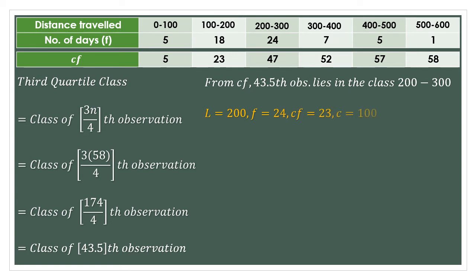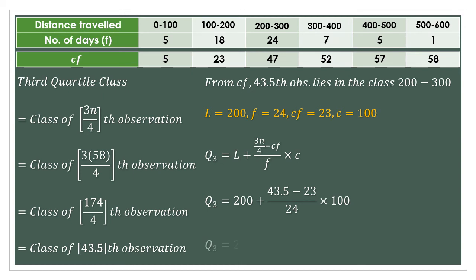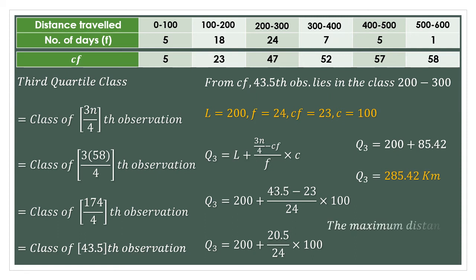Now just like the previous median, we will have the same measurements here, and we will put them into our Q3 formula of L plus 3n upon 4 minus CF upon f into C. So Q3 will be 200 plus 43.5 minus 23 upon 24 into 100. When we solve this, we get 200 plus 20.5 upon 24 into 100, and that would be 200 plus 85.42. So your answer will be 285.42 kilometers, and your statement will be the maximum distance is 285.42 kilometers in 75%